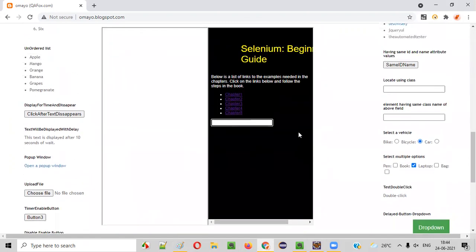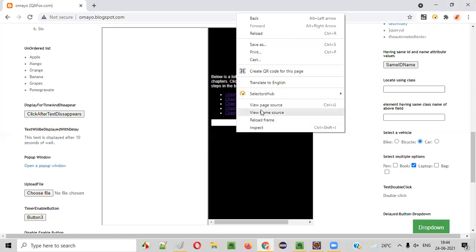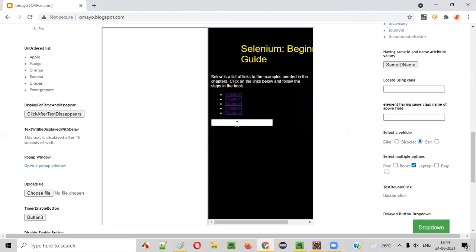How to cross check whether this element is inside a frame? Surrounding this particular element, this black area is all surrounding this text box field, right? Right click somewhere near this text box field, and in the right click options you see you are getting what, guys? View frame source, reload frame. If you get this kind of frame options, that means this text box field is not on the page, it's inside a frame, guys. Maybe this black color thing is a frame.